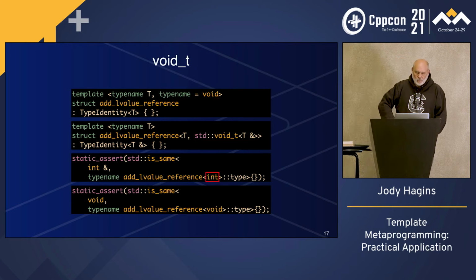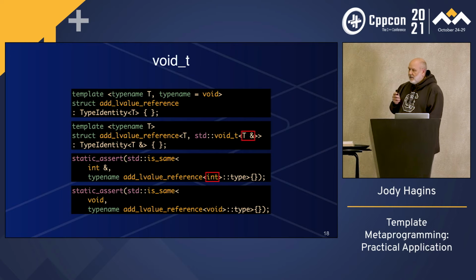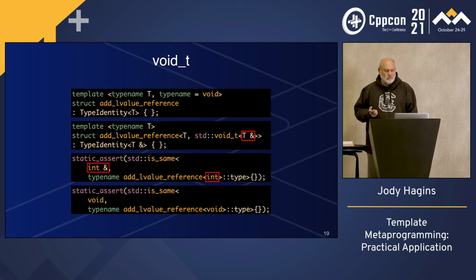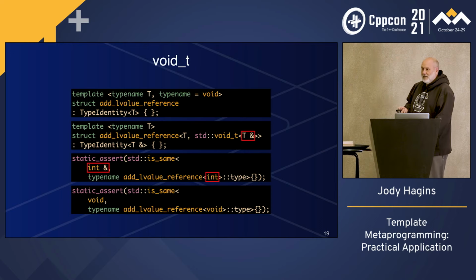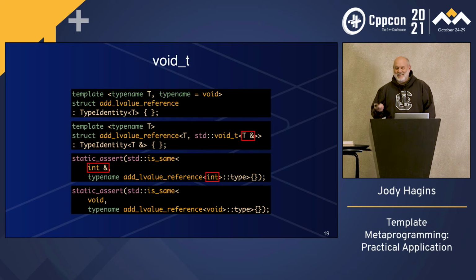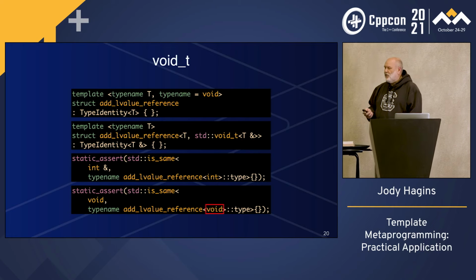So when T is an int, then tref is valid, and the result will be int ref because both the primary template and the specialization are valid. But the specialization is more specialized, because it is the specialization, and it's chosen. But note that its void has to match the default parameter that we gave the original primary template. And so when T is void,